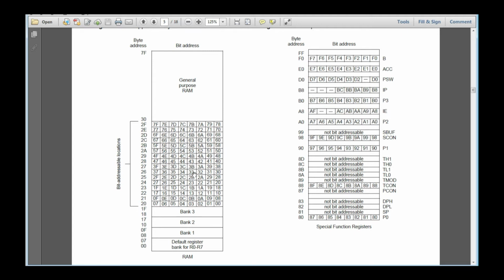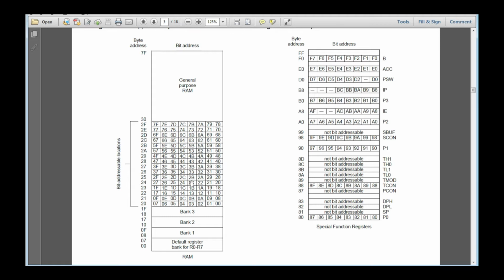Say for example, there are 128 bits that can be addressed, meaning 128 sensor data can be stored independently in the 16 bytes of locations. Or 128 actuator statuses can be stored in the 16 bytes independently.